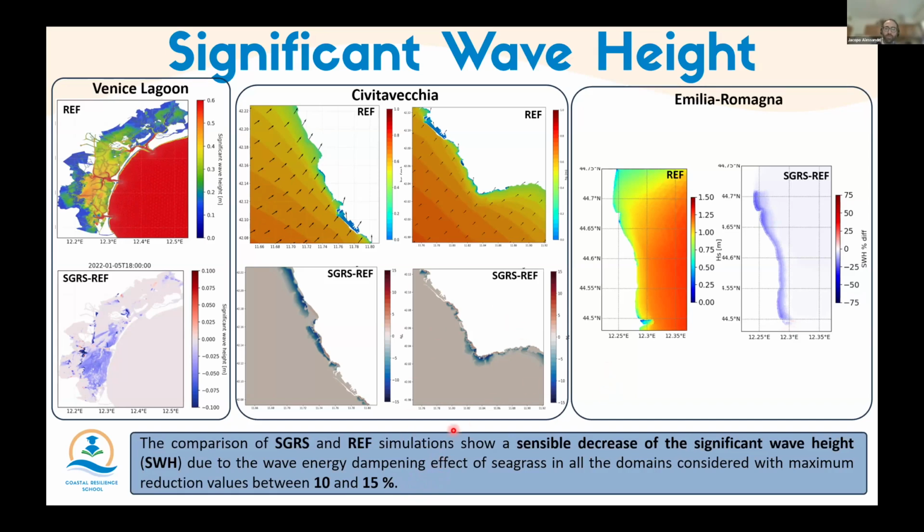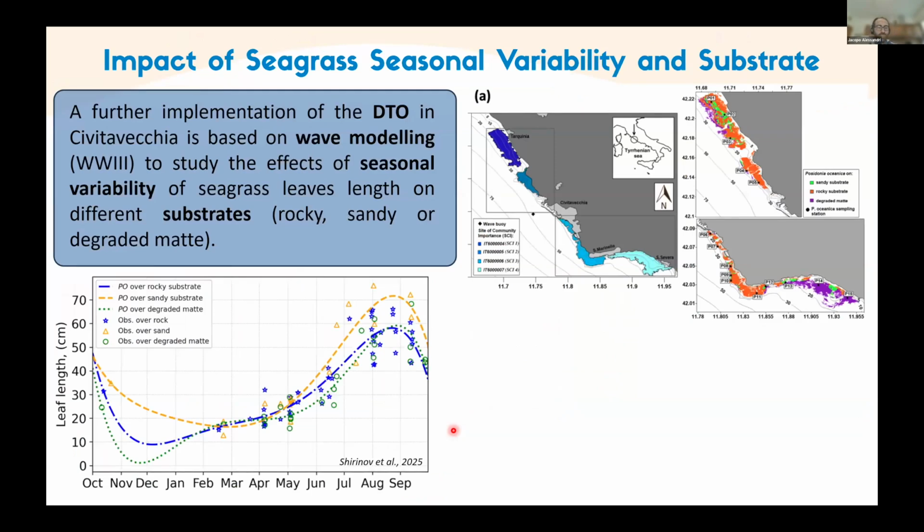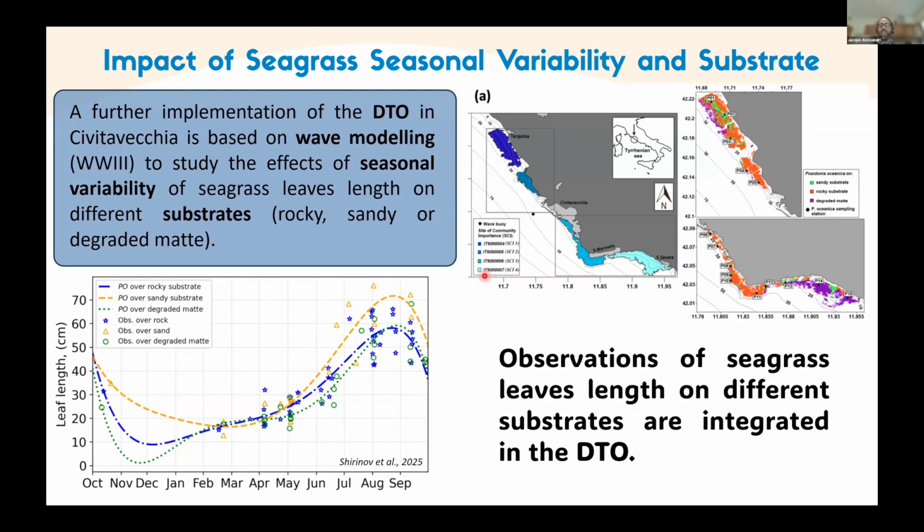And then we go further in the DTO implementation, trying to study the effects of seasonal variability in seagrass. We had observations in Civitavecchia of different substrates and of the leaf length of seagrass on the different substrates. As substrates, I consider rocky substrate, sandy substrate, and degrademate, which is a substrate made by dead seagrass. Based on the observations of the leaf lengths in different seasons and for different substrates, we built a model of seasonal variability of leaf lengths. And then we added this information to the DTO